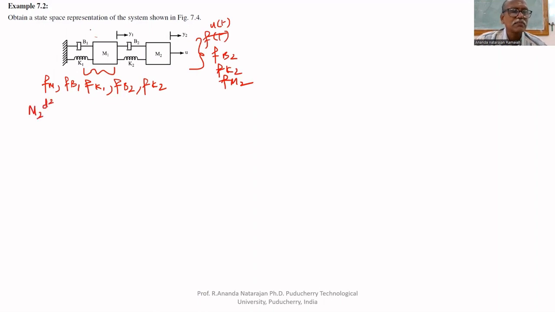Displacement in the first mass is x1, y1, and the displacement in second mass is y2. Therefore, the mathematical model is